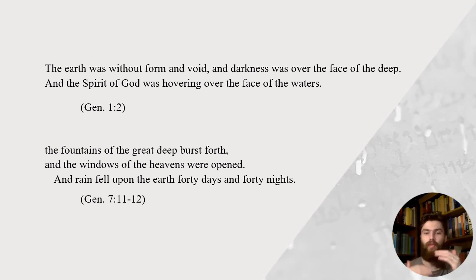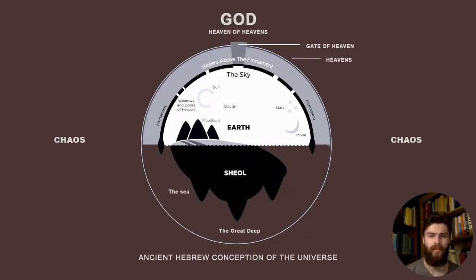So we have to understand that three-layered cosmos to understand the logic behind the flood, the waters above and the waters below. In the midst is the created state for man, and when those things come back together, it's almost a decreation, so to speak. So this is what we should be envisioning. It's this idea of a flat world with the foundations set, with the dome, with the heavens above and the sea beneath, and outside all of these things is chaos, and the raw materials that initially in Genesis 1 posed a threat to God's created world, now they are set at bay by his ordering of the universe.